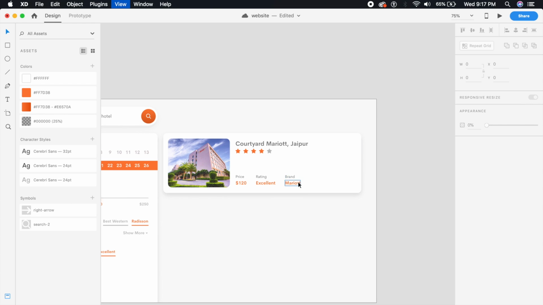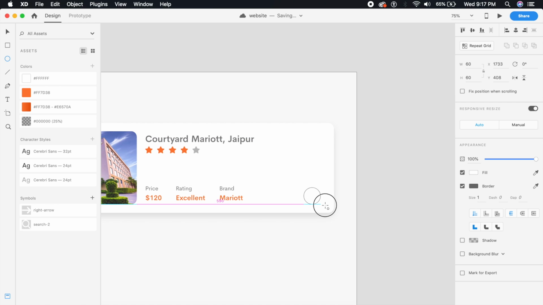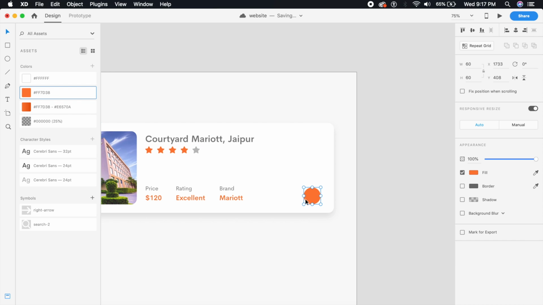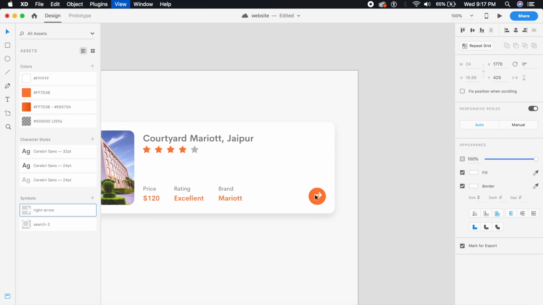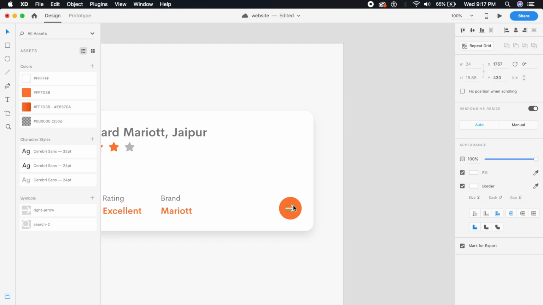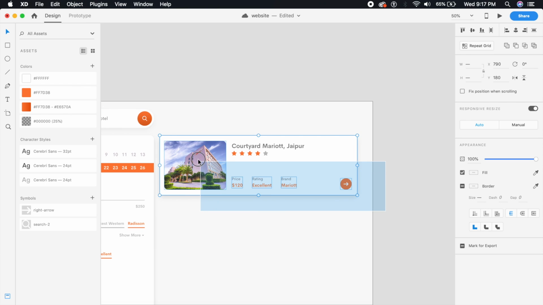Just one last button, which will be the link to the next page, or which will lead to this hotel. I'll give this orange background a circle, which is about 60 pixels in diameter, and place it right here. Perfect. And I've already saved this right arrow as a symbol, and I'll place it in the center of this circle. Group it out, and there you go. There's one card. I'll quickly just group it, and I will skip to the part where I've finished all these